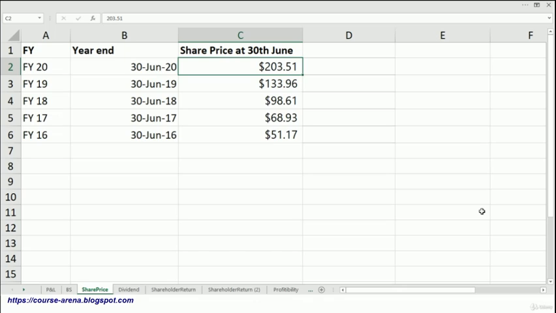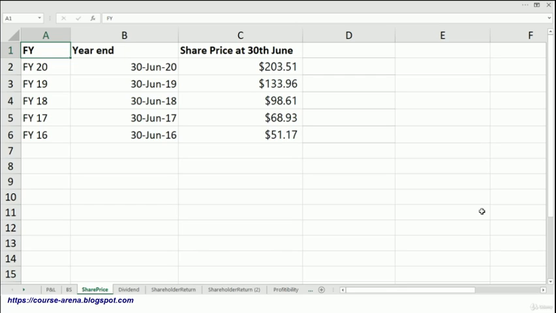So the first thing that we need to do to calculate capital gain is the share prices. And to calculate the capital gain for 1 year, we should have share prices at the beginning and at the end of the year. Now with the year, you must be considering that the year starts from 1st of January to any year and then it ends at 31st of December. But in the case of companies, a year can be any period of 12 months. So companies can choose to have their fiscal year, this is called fiscal year, as the calendar year that is ending at 30th of December, or they can choose any other period of 12 months as their fiscal year.